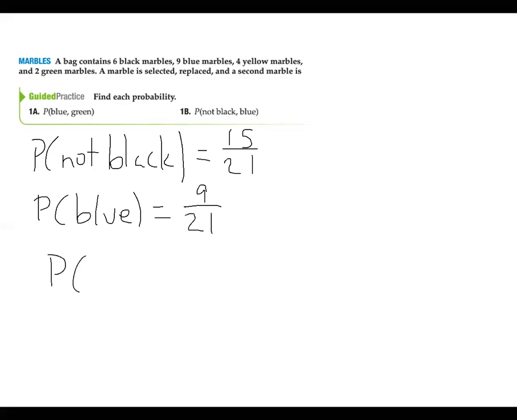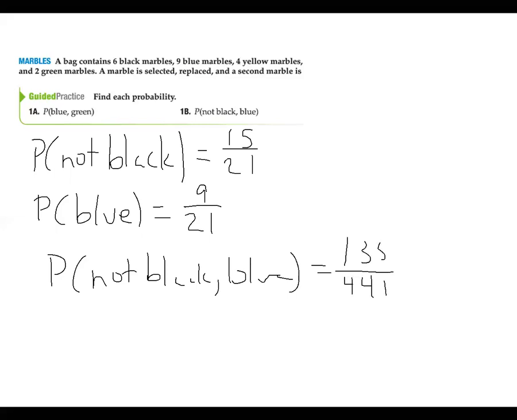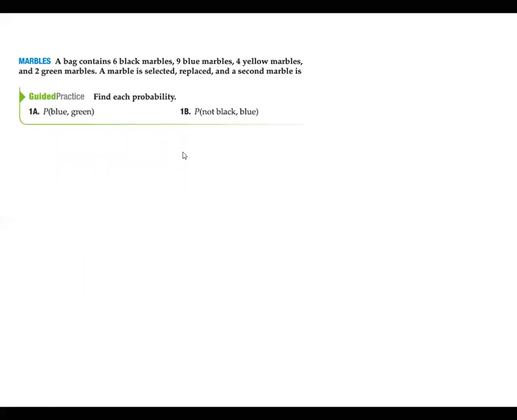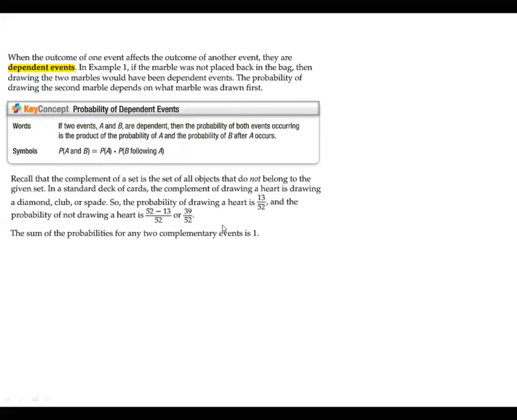So the probability of not black and then blue is 9 out of 21 times 15, or 135 over 441, which is about 0.306, so about 30.6%. To get the decimal, you just divide 135 by 441 on your calculator. All right. So when the outcome of one event affects the outcome of another event, they are called dependent